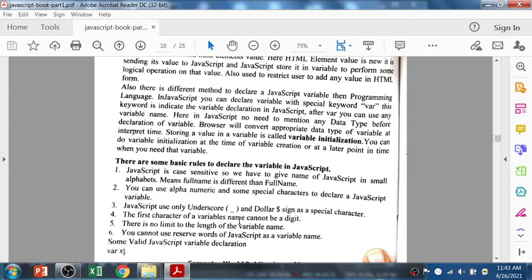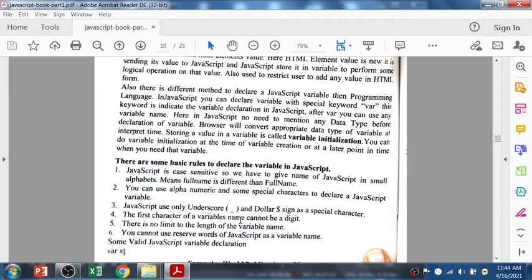You can't write 1A. A1 is possible, but 1A is not possible because the first character is a digit, so it is not allowed. There is no limit to the length of the variable name. You cannot use the reserved words of JavaScript as a variable name.